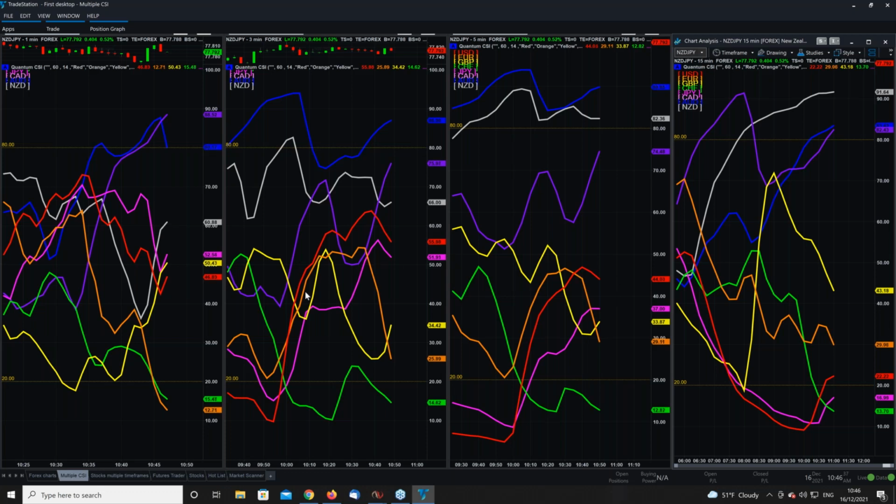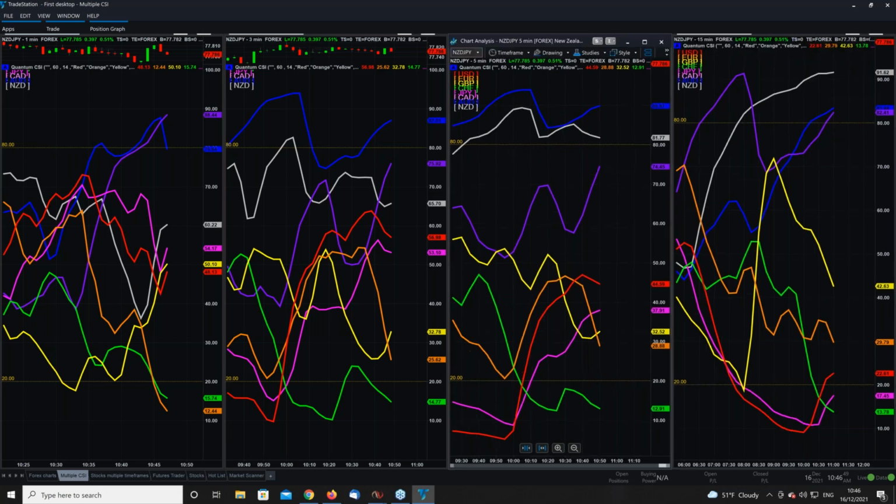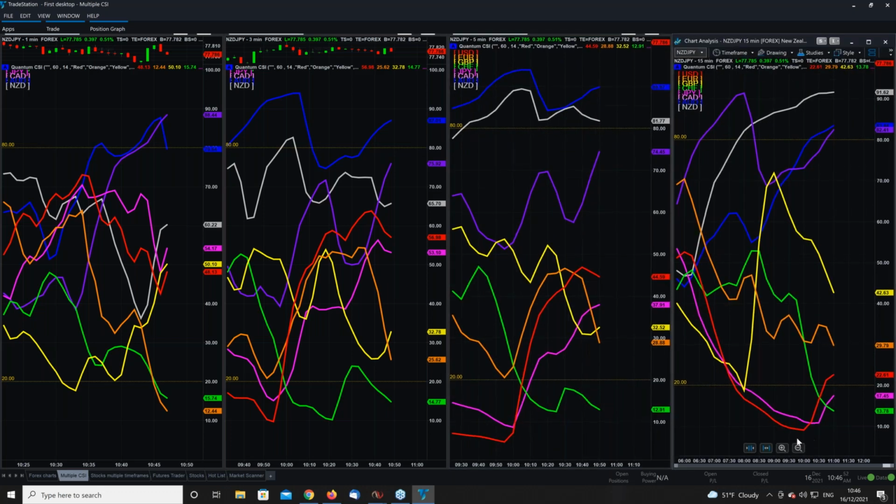So we've seen the rise in the dollar. We've seen that reverse a little bit. You can see it here, the red line got down here into very heavily oversold, and then we've seen some buying coming in. Exactly the same thing on the 5-minute time frame, and over on the 15-minute time frame, just starting to creep out of oversold and move higher. And as Anna said, what we're seeing this morning is